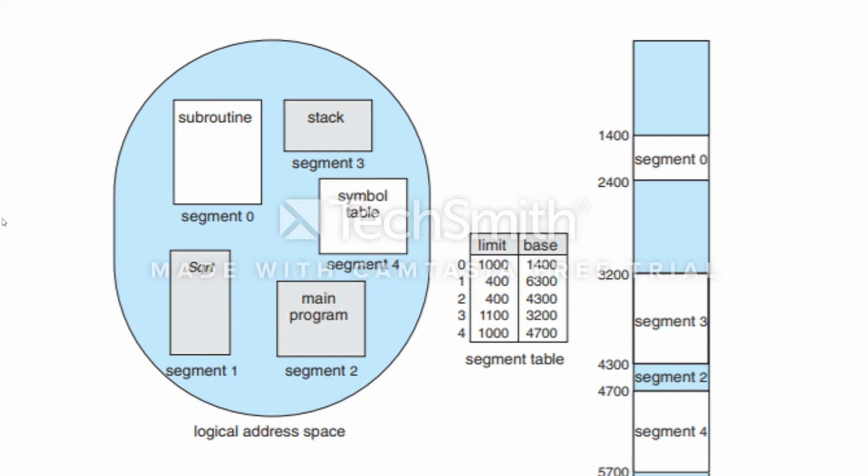As you can see, segment 0 is 1000 bytes long and begins at 1400. So if you wanted to refer to a byte that is 50 bytes into segment 0, it'd be referred to from 1450. If you wanted to refer to a byte that was 1200 into segment 0, a trap would be sent to the operating system because segment 0 is not big enough to hold that many bytes since the limit